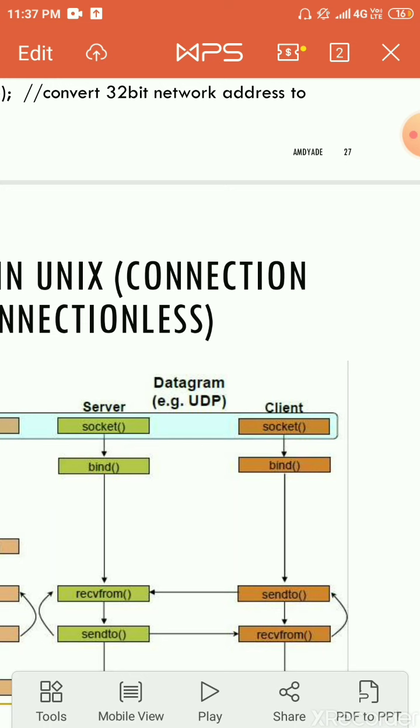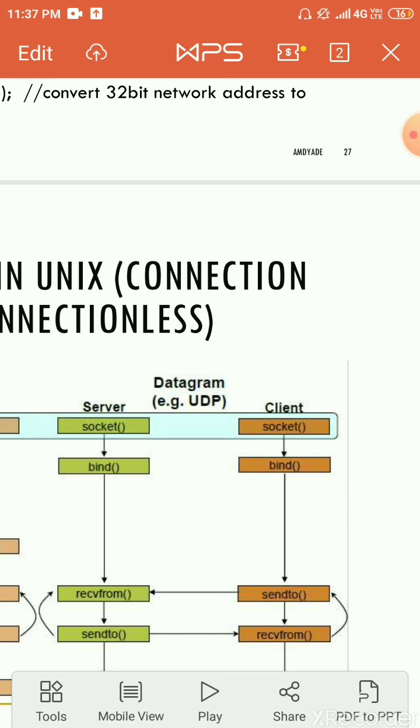The server calls the receive function, which blocks until a datagram arrives. When the datagram arrives, the receive function unblocks, extracts the client socket address and address length from the received datagram, and returns them to the process. The process uses the two pieces of information and calls the procedure to handle the request.